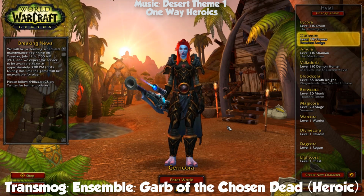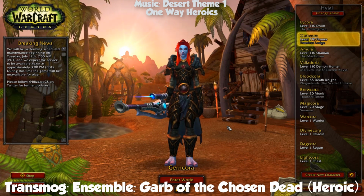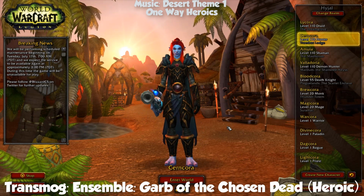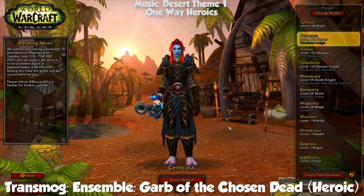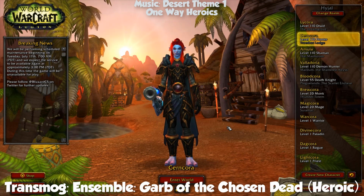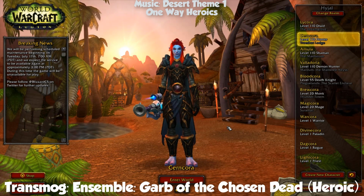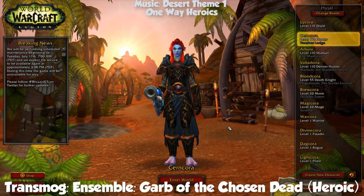But I will be maining a survival hunter for BfA so long as I enjoy it. I'm going to play it a lot during the pre-patch and see how I like it. I wanted to try something different this time. I thought they were doing a big change to survival hunter, and I really like melee characters. I don't care for ranged. It just doesn't feel right to me. And I wanted to try something new, something different. And the cooler part is I